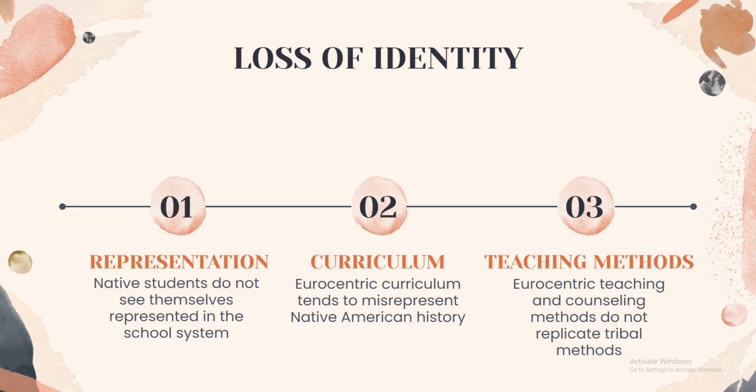Brayboy and McCarty in 2015 found in a study that schools served, and this is a quote, as "homogenizing institutions by focusing on creating a model United States citizen and enforcing a staunch commitment to individualism at the expense of native languages and identities." So what happens is we have a clear erasure of who they are fundamentally when they come into the schooling system. They have to take what they know about themselves, try to place it into what the schooling system says about them, and they lose their identity in the whole of the community.